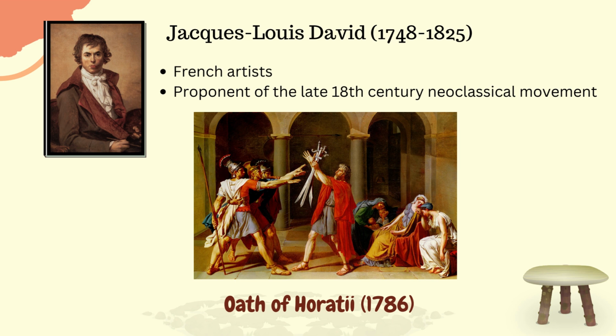Later on, if you notice, in the paintings of J.L. David, it seems like figures are acting on stage and making grand theatrical gestures. An example is the one on your screen, the Oath of the Horatii. This is a large painting depicting a scene from a Roman legend about the dispute between Rome and Alba Longa. On the left side, the three are the three brothers, all of whom appear willing to sacrifice their lives for the good of Rome. They are shown saluting their father, who holds their swords for them.